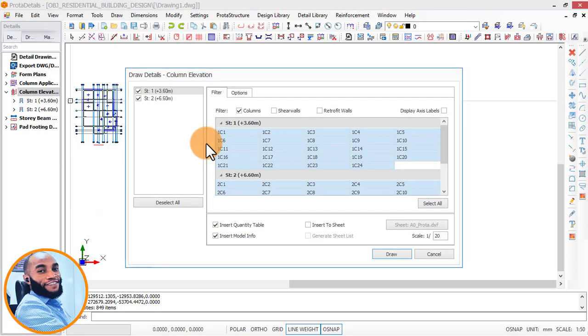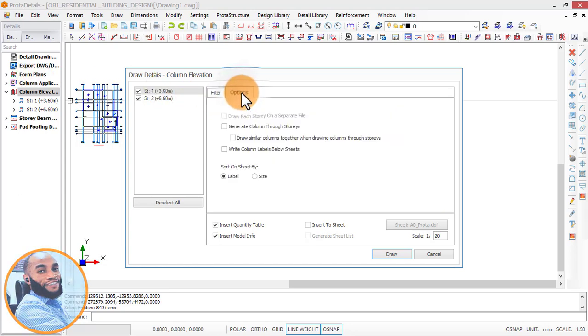So on this place now, you have to make a few settings here. You can see on the other ones, which are the form plans, we didn't make any settings, but for this column reinforcement we will have to make a few settings. So right now, come here and click on options here, and then say generate columns